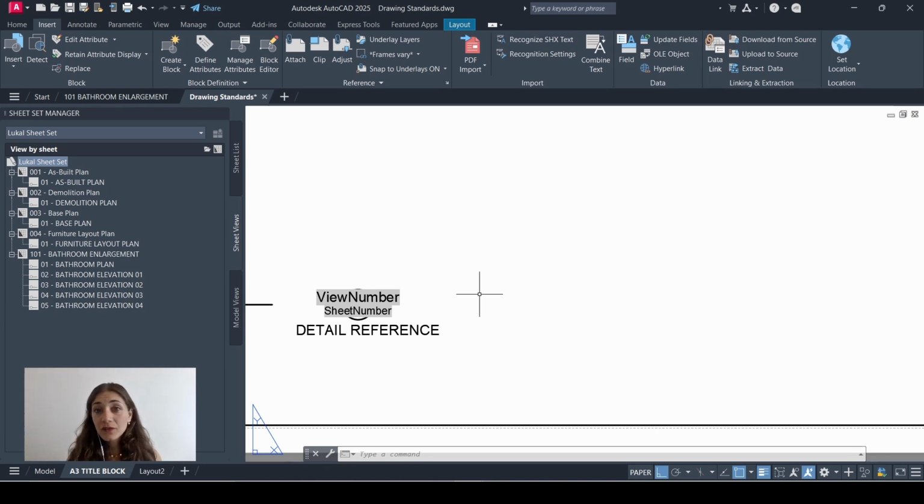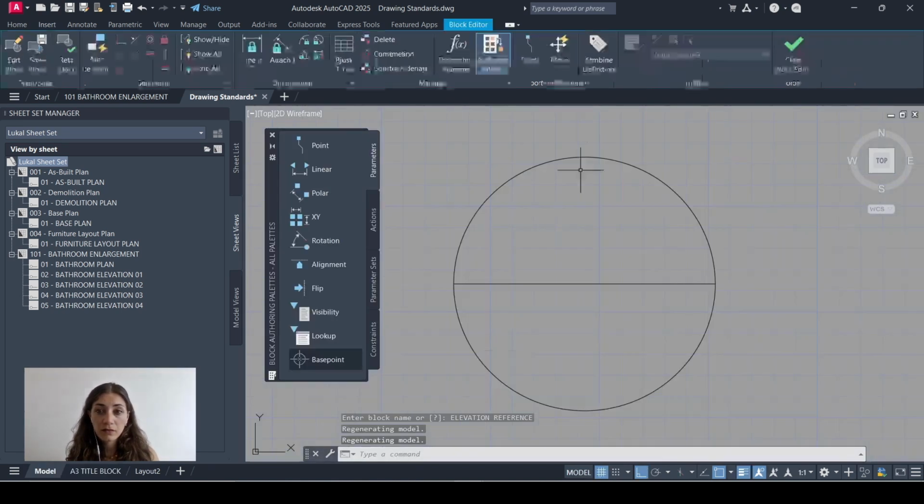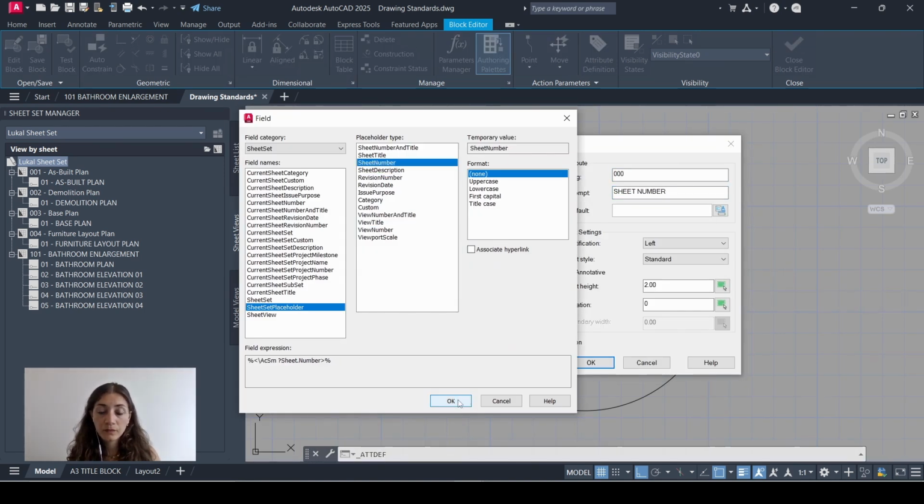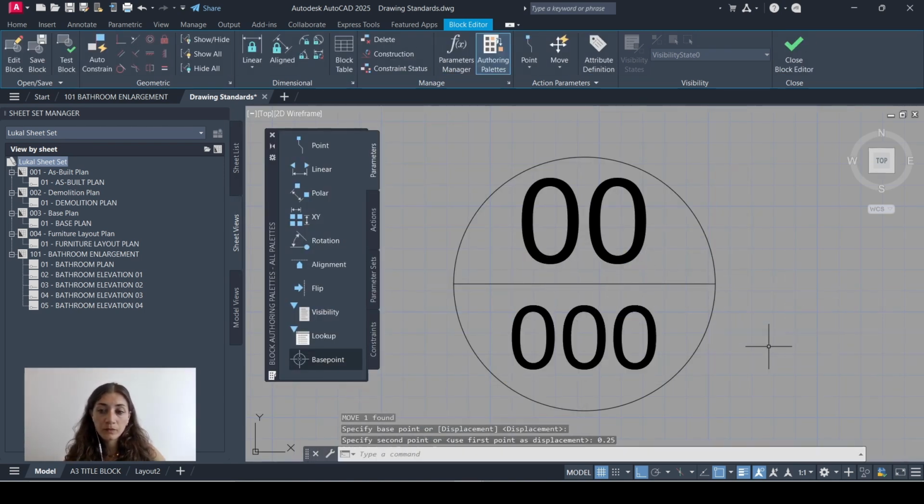The first part of the video, I'm going to create an identical block to the one I created in my last video, which is the detailed reference. So I'll go through this part quickly, and if you need more detail on how I did it, please check out the video that I'm going to reference here. So now I've created the block with two fields, one referencing the view number and the other referencing the sheet